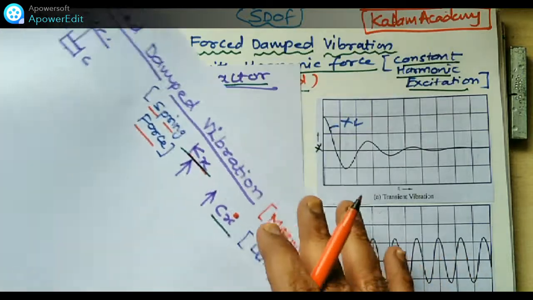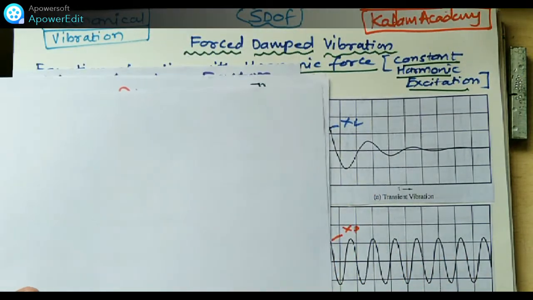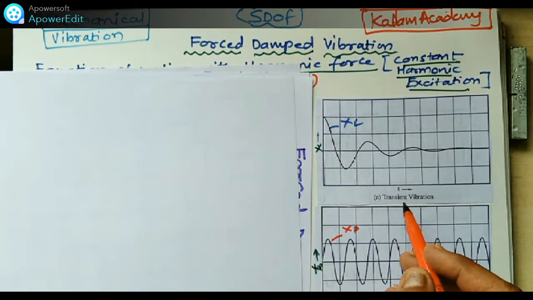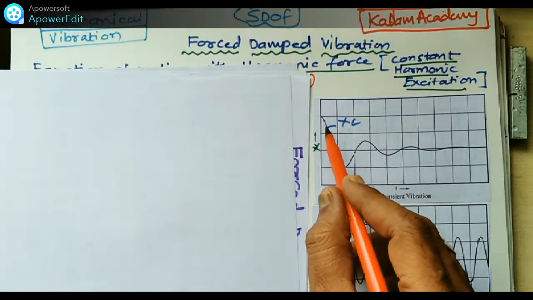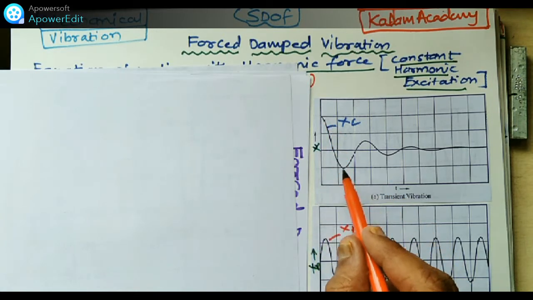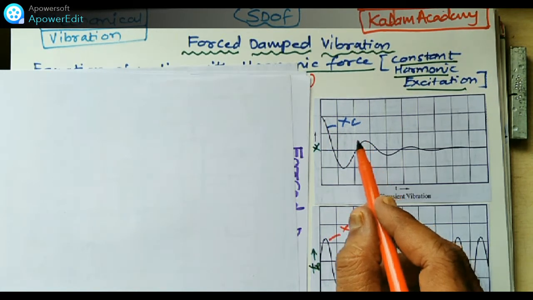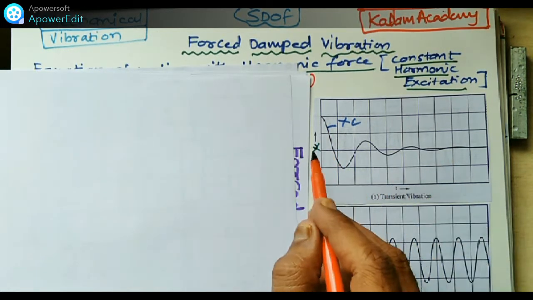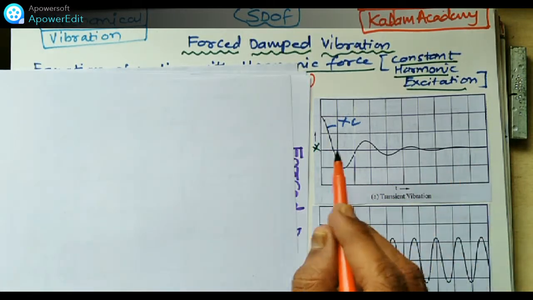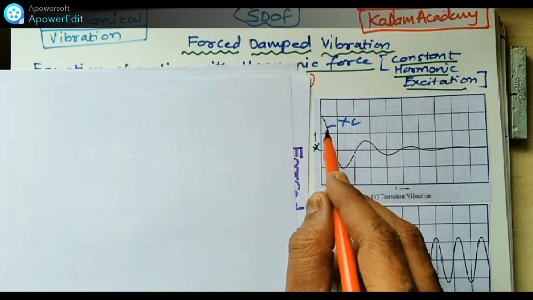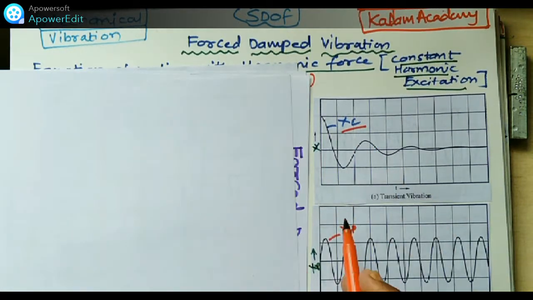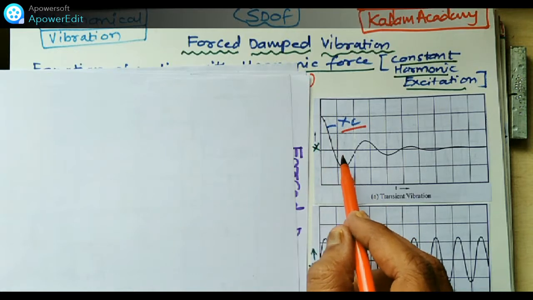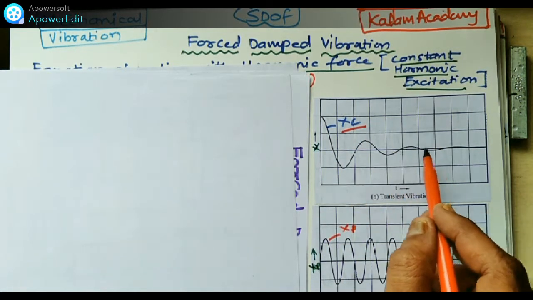So this graph is there, and we will explain these two parts. One is the transient vibration, which we have already discussed. See, this is the graph which shows that suddenly the amplitude is high. This graph represents amplitude versus time: the y-axis is amplitude and the x-axis is time. Here Xc is the maximum amplitude on the y-axis. And what happens? Slowly it goes on decreasing, and see, it comes to the mean position.